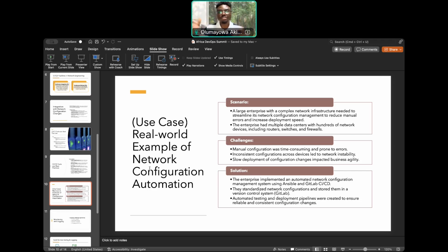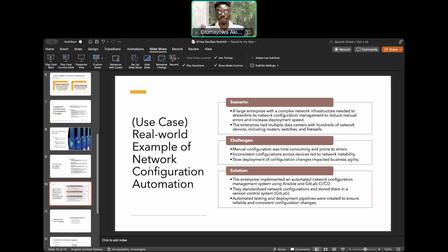Will they have to send someone down, fly, and start connecting locally to these devices? No. That's a waste of time, a waste of manpower and so many other things. It's even going to cost them more. But now with network automation, with DevNet, or NetDevOps, all they just need to do is set up their devices with what's called a configuration management tool.